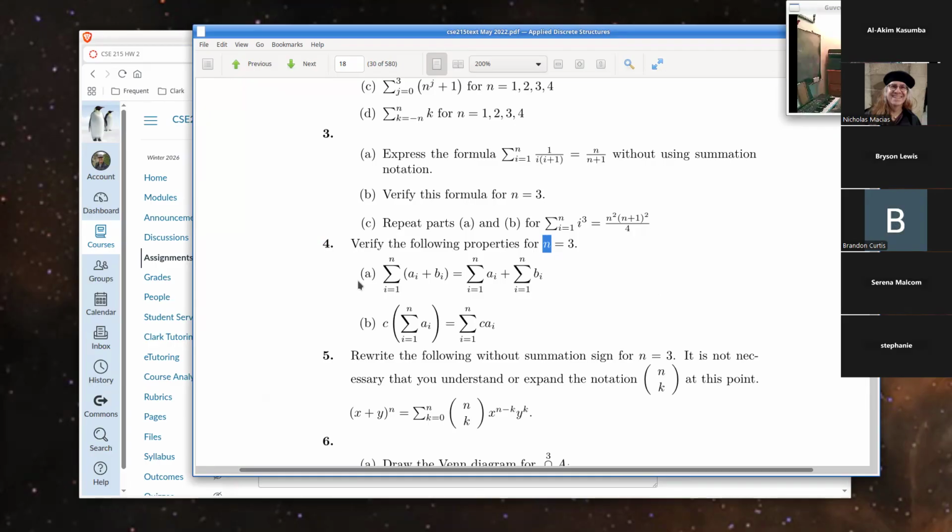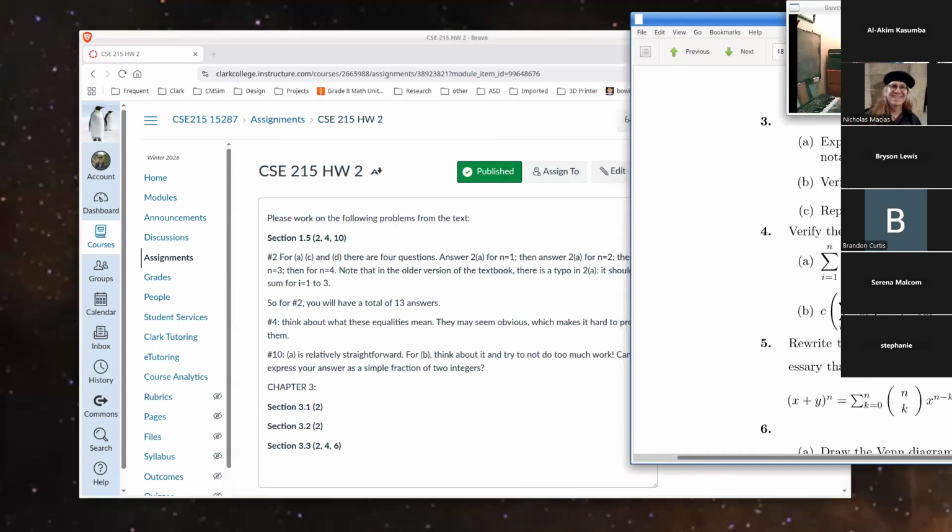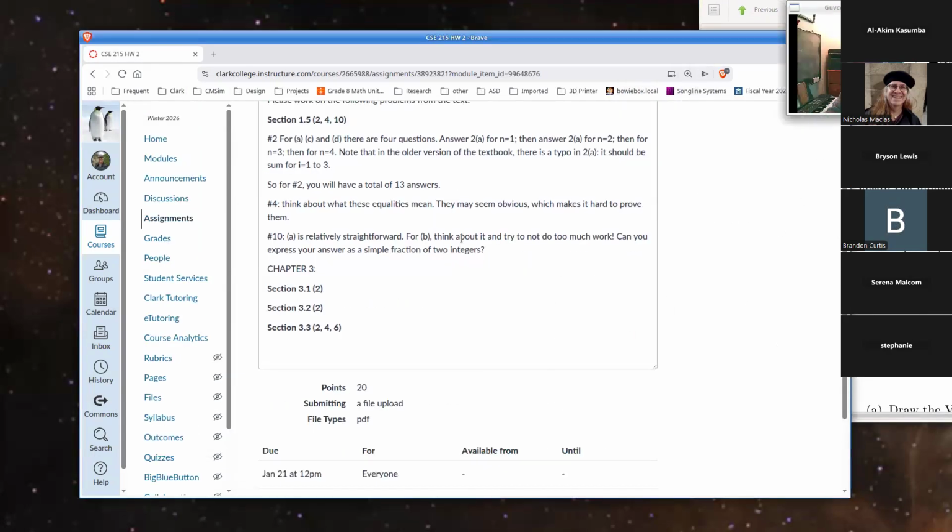It's really just suppose n is equal to 3. So this just says the sum from i equals 1 to 3 of this equals this sum plus this sum. And use what you know about addition and multiplication just from plain old algebra, and try to show that if you start with this left side, you can rearrange things, replace things, change things to make it look exactly like this right side. And then same thing for B, show that the left side is equal to the right side. And then question 10,